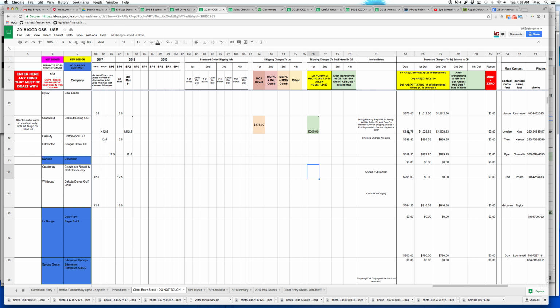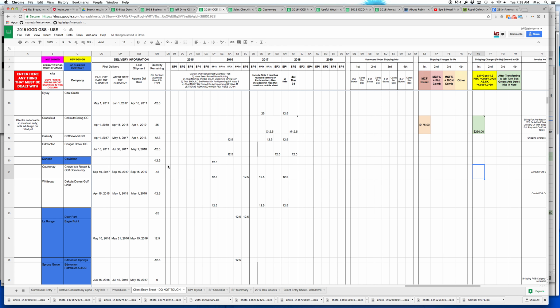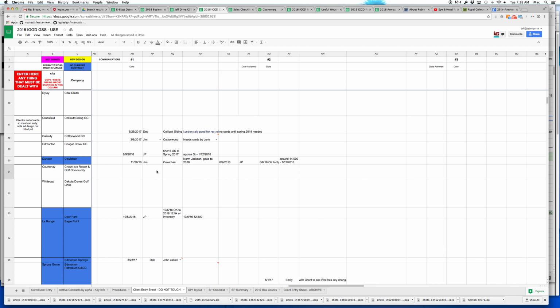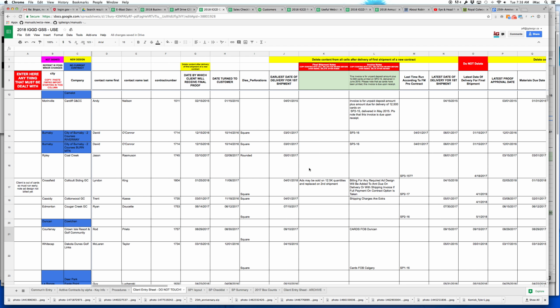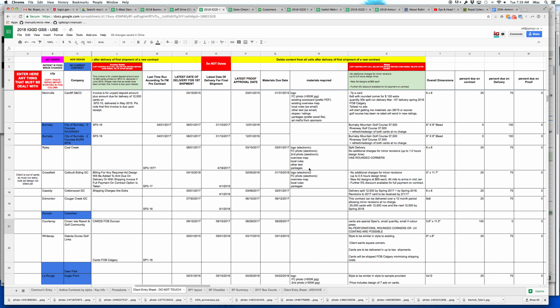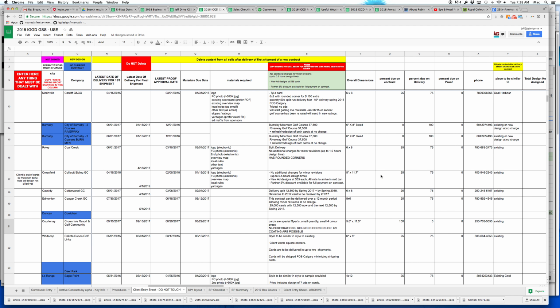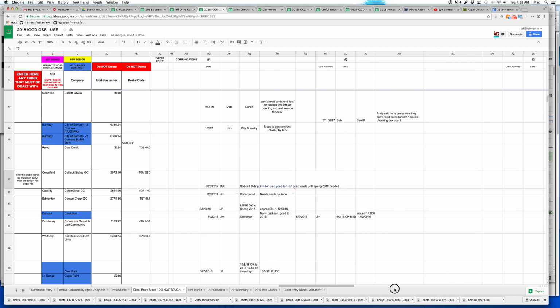Now, if we go back over here, if we scroll all the way back over, we'll see that the terms that they chose were 25% due on contract, 75% due on delivery. If we zip back over here again for the billing,